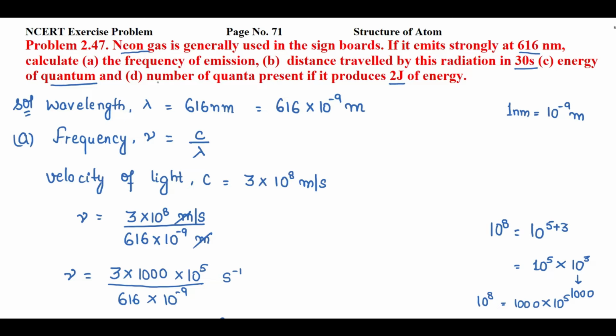We will see the D part of this question, right? So in D part, we have to find the number of quanta. That means number of photons present which produce 2 joule of energy. In this part, we will apply unitary method. For unitary method, we'll see the energy of one quantum that we found in C part. We can write over here 3.2268 into 10 raised to power minus 19 joule of energy is produced by